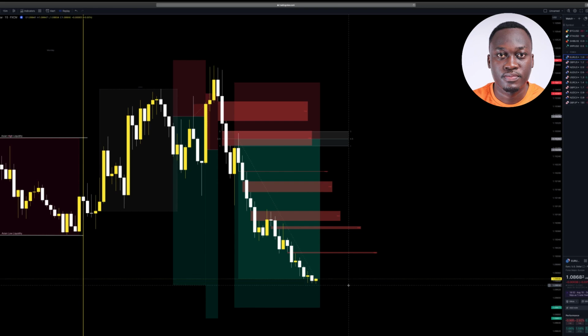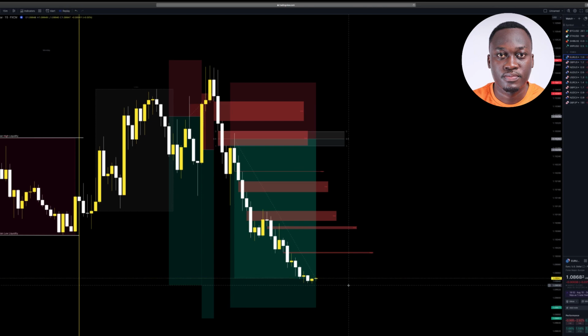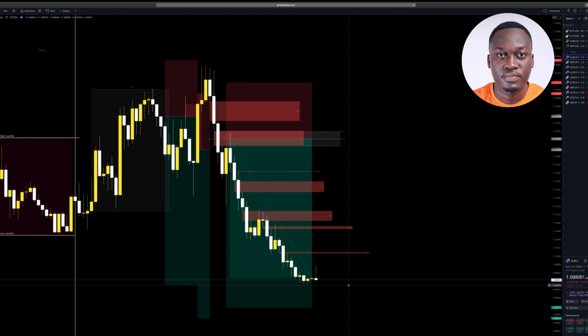Oh, it almost hit TP. Almost hit TP on our first trade, but still not yet there. But we are still confident that the market is able to hit our TP. And then you are not trying to manually close out your trade. Is that okay? If it's not yet time,